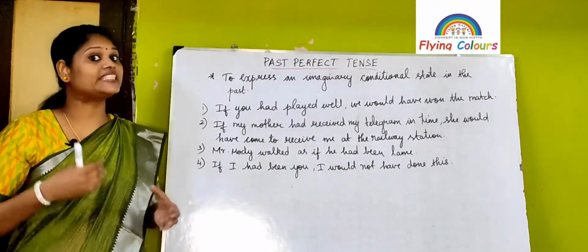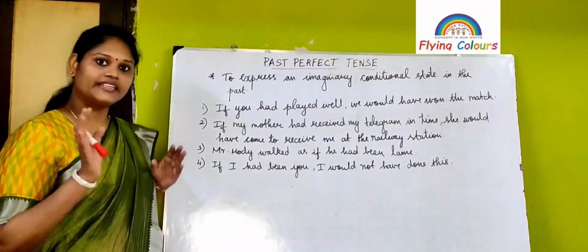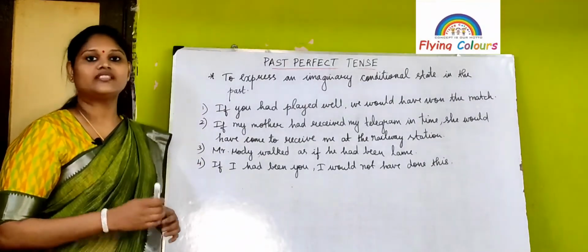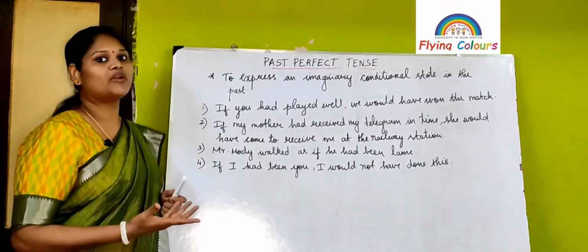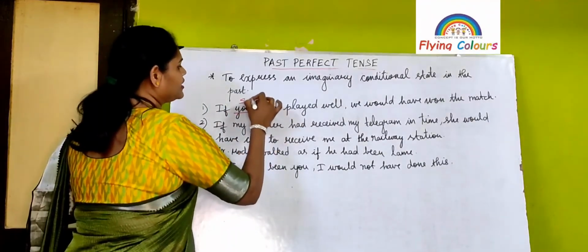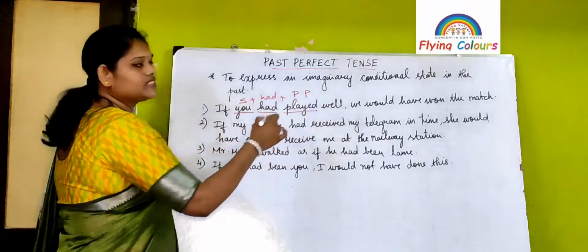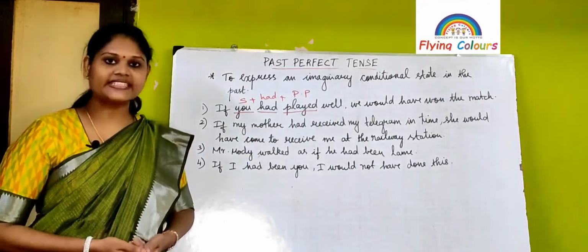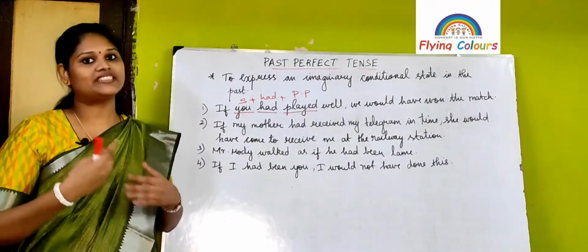This past perfect tense tells about the imaginary condition in the past that is not real, right? The condition is not real. If you had played well, we would have won the match. This is an imaginary conditional, okay? So, what is the formula for past perfect tense? You is the subject, had, subject plus had plus played, the past participle. So, this is the formula. See, look at this, how it comes, right? So, this sentence, you had played is the past perfect tense, but this sentence tells about the imaginary conditional state